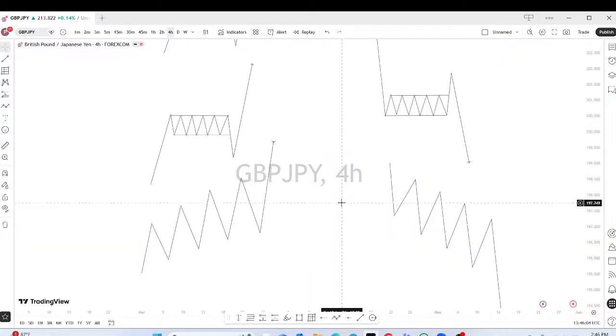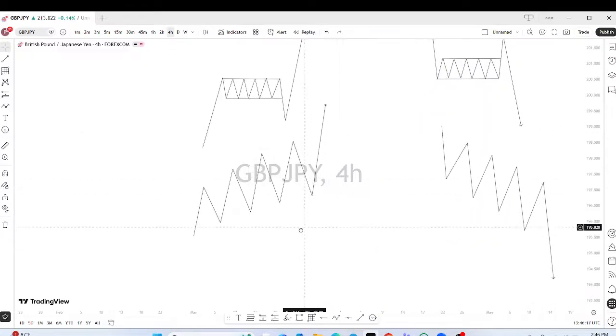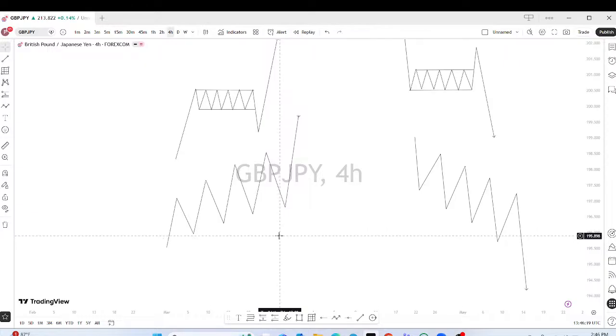So, we're going to be talking about market structure, secrets about market structure no one might have told you about. We trade smart money concept here, and that is what we'll be teaching you guys. So, market structure, we have